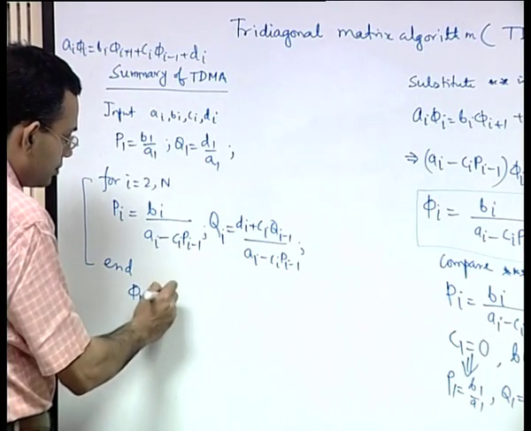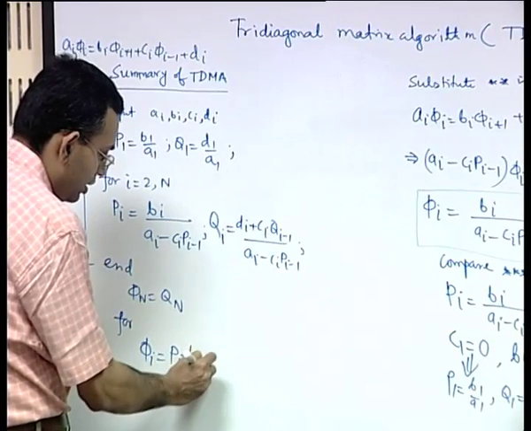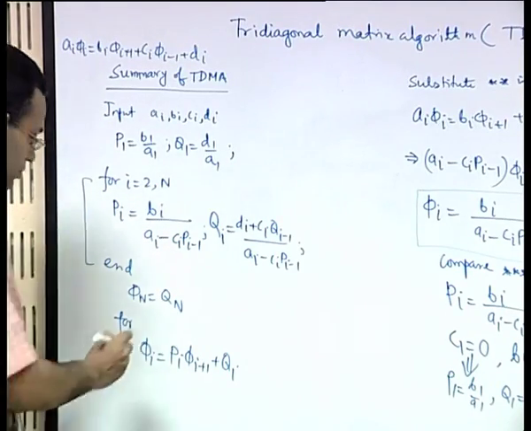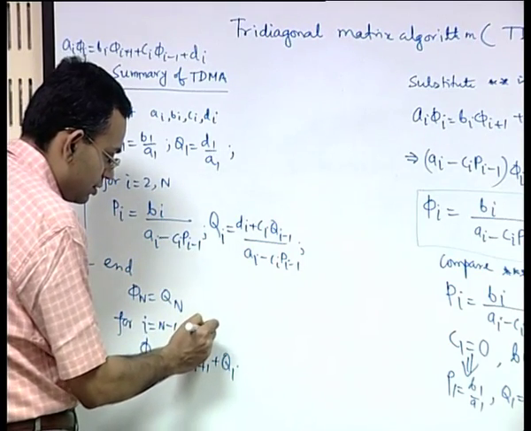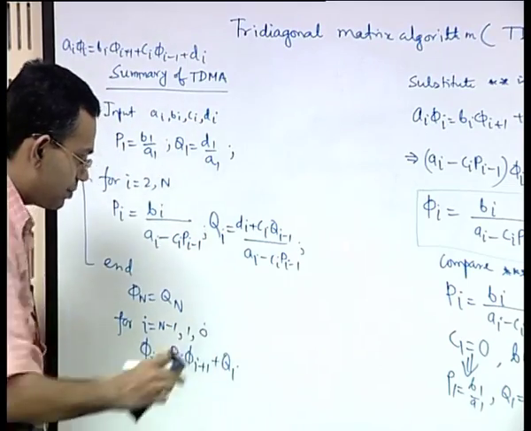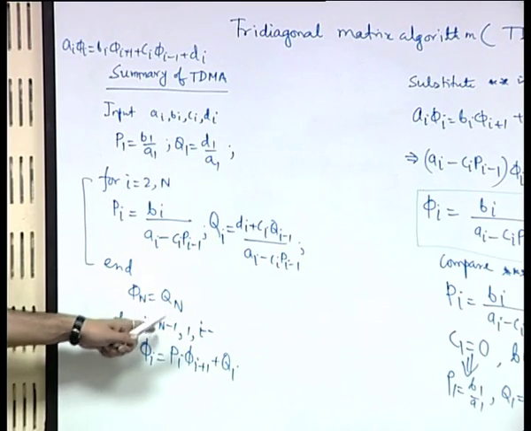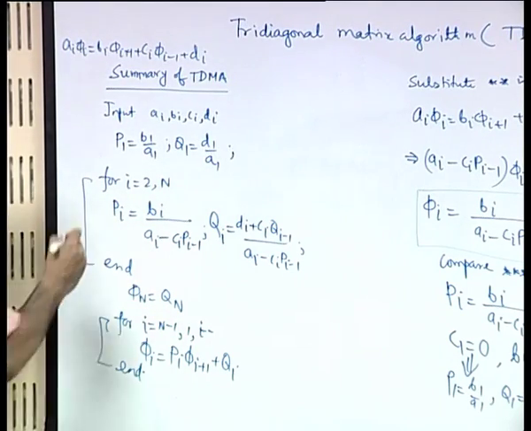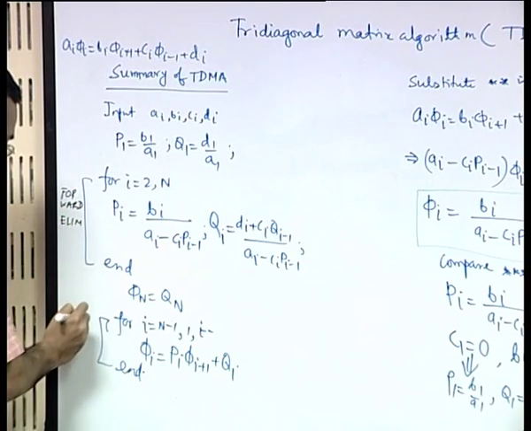Then phi n is equal to Qn, then you have a for loop in which you put the formula for phi I is equal to Pi phi I plus 1 plus Qi. So, for I equal to n minus 1, it will start with phi n minus 1, phi n is already known, it will end at 1 with I minus minus, that is you have an increment of minus 1, that is each I will be 1 less than the previous I. So, this is the forward elimination part. This is the backward substitution part,